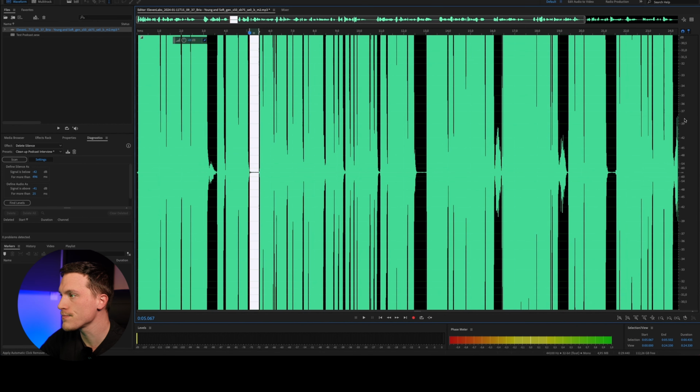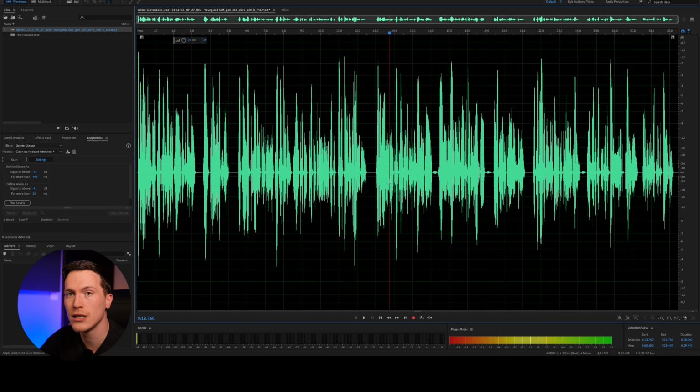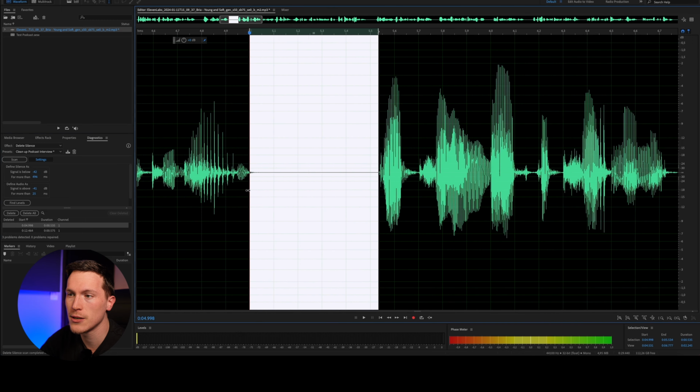On the other hand, we have defined audio as signal above -41 for more than 25 milliseconds. So that's for that T sound or something like that. And because of that, all the silences will be deleted and audio will be left. Let's go and hit scan. So I have only, I think, three problems detected. And if I hit right here, you can see that it